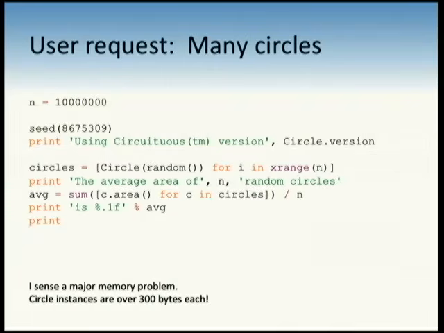And it was those poor academic guys. They got the research grant, and they're going to go out and make 10 million circles to improve mankind's knowledge of average circles. And they call you up, and they're madder than heck. Hey, as we start to scale up, you are eating up an enormous amount of memory.